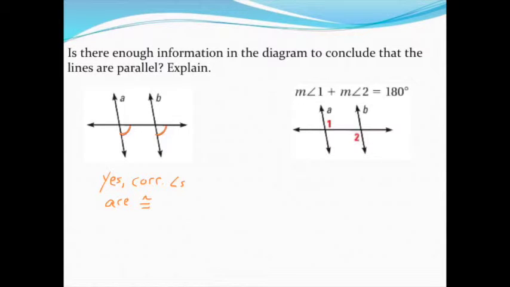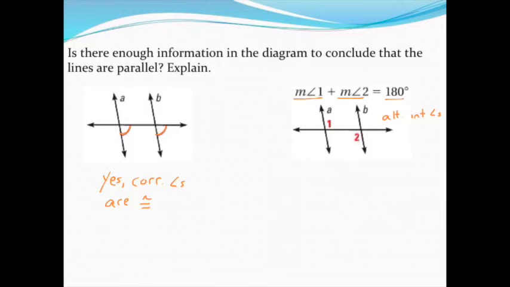And then lastly we have this diagram. Now notice what's given to us. We have alternate interior angles. And again, it's not enough just to note that we have alternate interior angles. I have to prove that those alternate interior angles are congruent. And be careful this time, because what's given to me is that the 2 angles together add up to 180. Which is great, that's awesome that 1 and 2 add up to 180 degrees, but that's not what I need